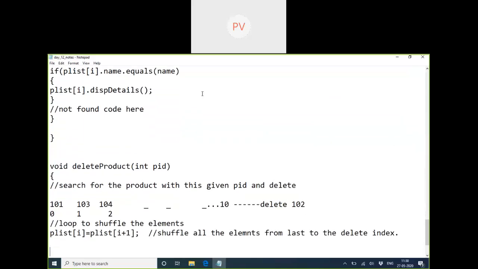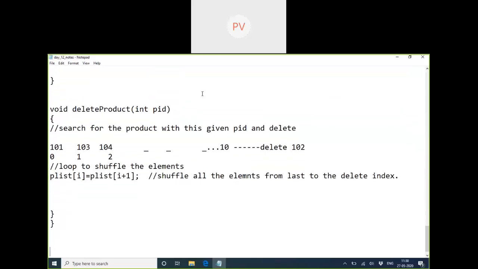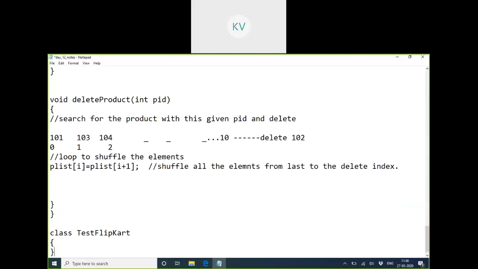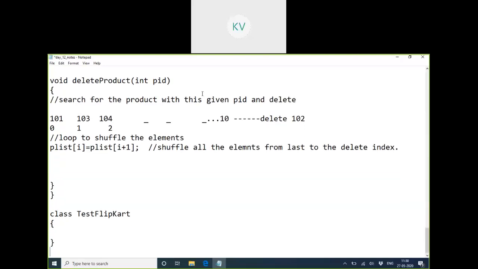No. After writing all these three classes, what is the major class we have? Flipkart. So at last you write a class called Flipkart. In that you write the main method, and in that what should we do?